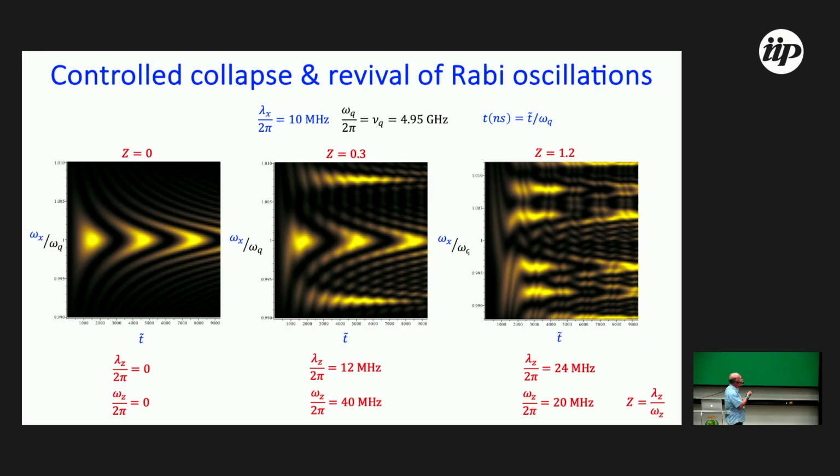So you vary from 0. That's basically saying that there is no longitudinal drive. You get your usual Rabi chevron, and then you start increasing this, and then you start seeing the appearance of sidebands, and then for this particular value here, z equals 1.2, you basically remove the main peak, and there's a